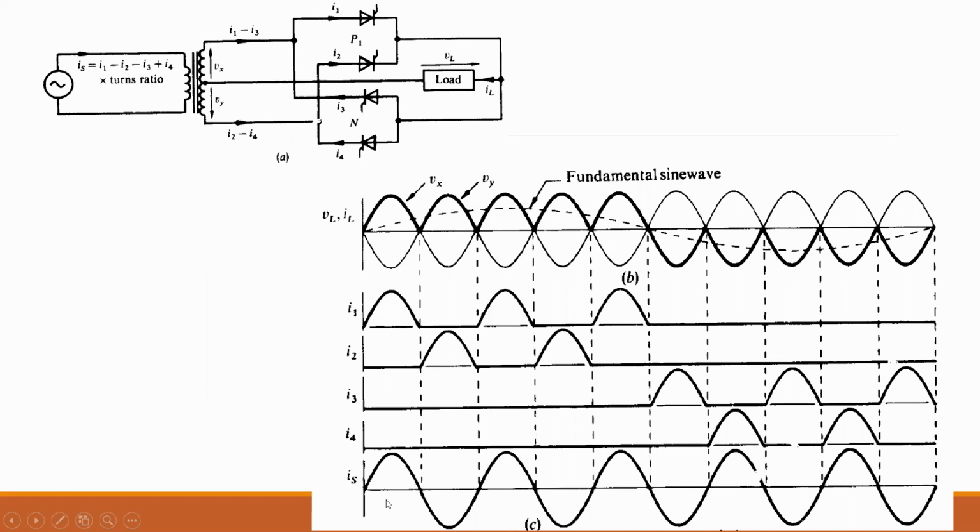It means that if we look at the input, there are 5 complete cycles of the input current. But if we look at the output, the frequency consists of only 1 cycle. So what we have actually done is step down the frequency to 1 hertz. If the input frequency was 5 hertz, the output frequency in this case is only 1 hertz. But this is not a complete sinusoidal waveform. We know that this is a periodic, non-sinusoidal waveform.